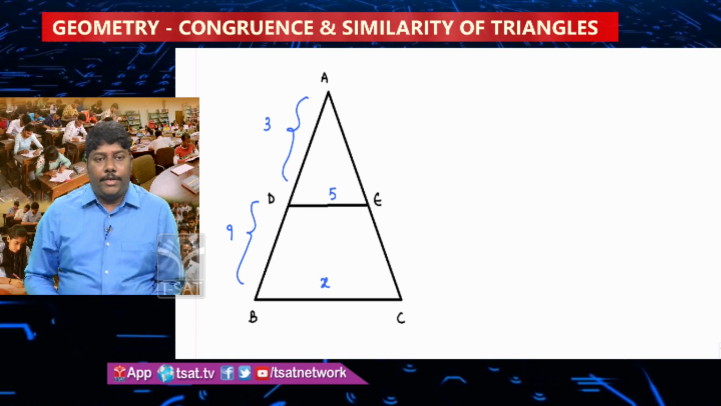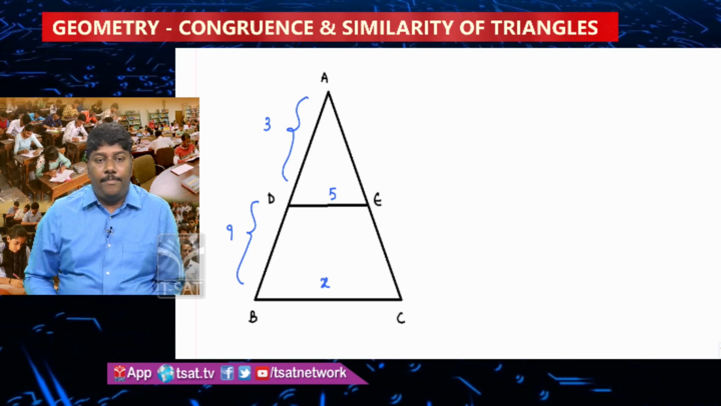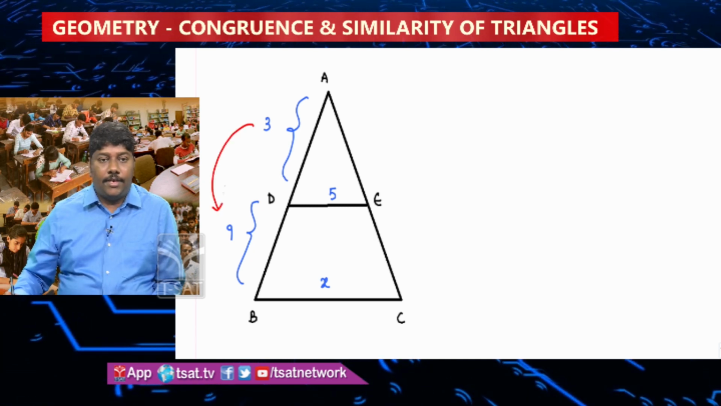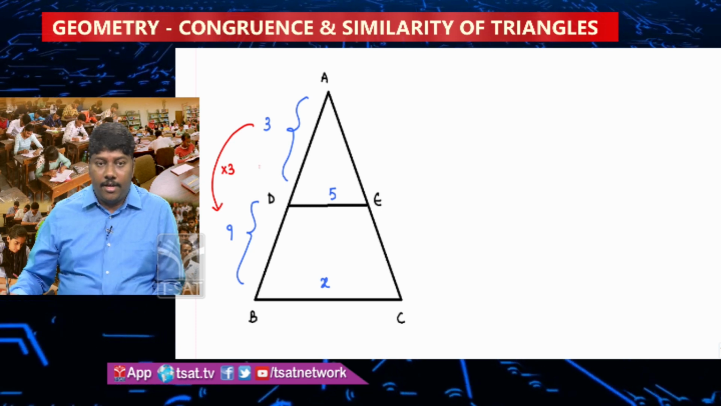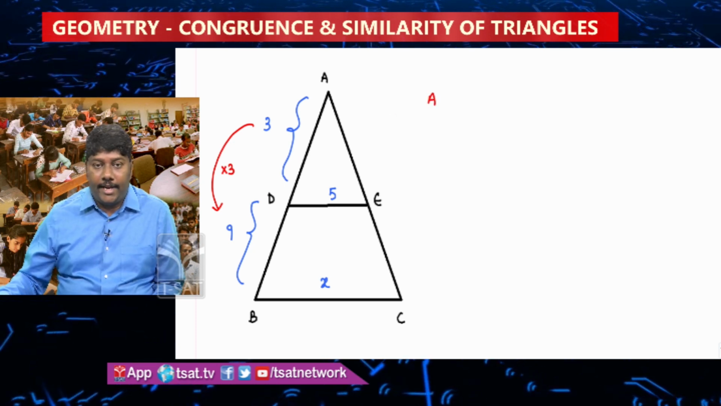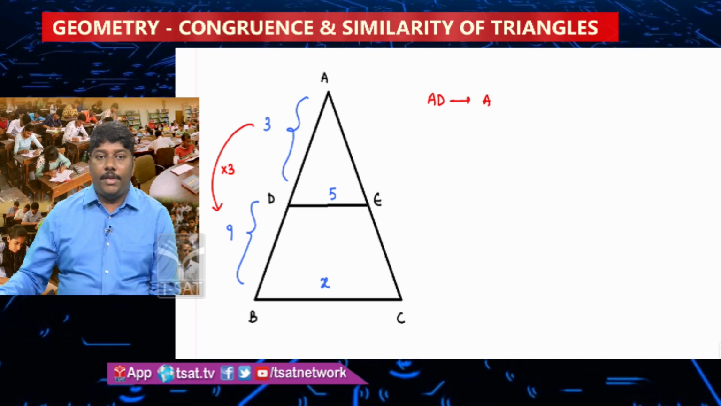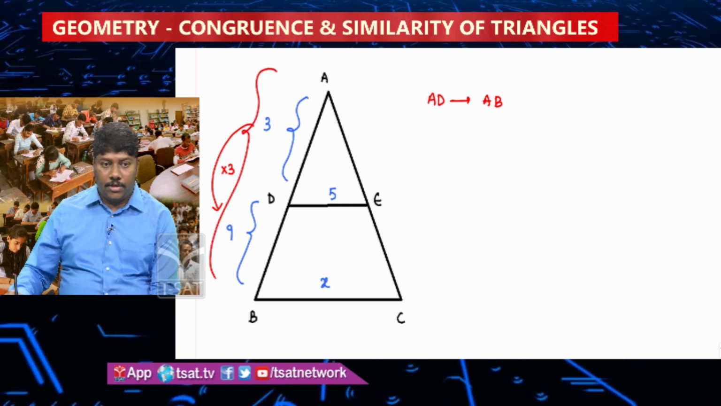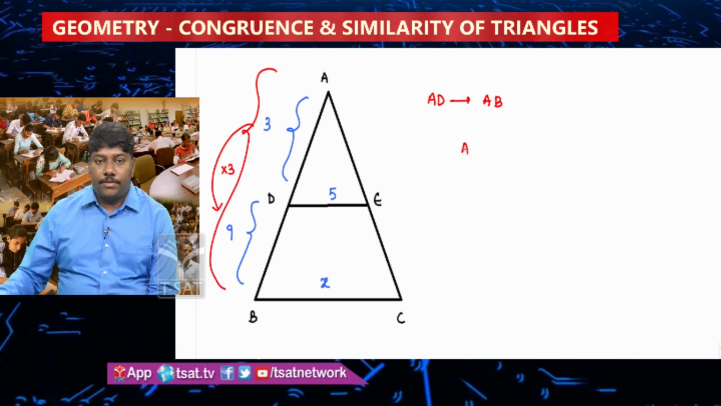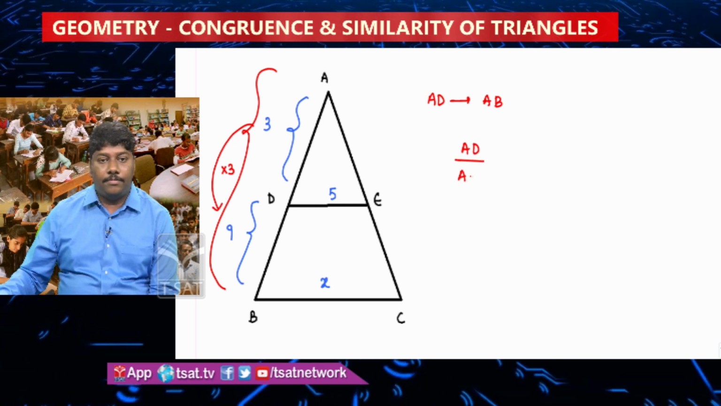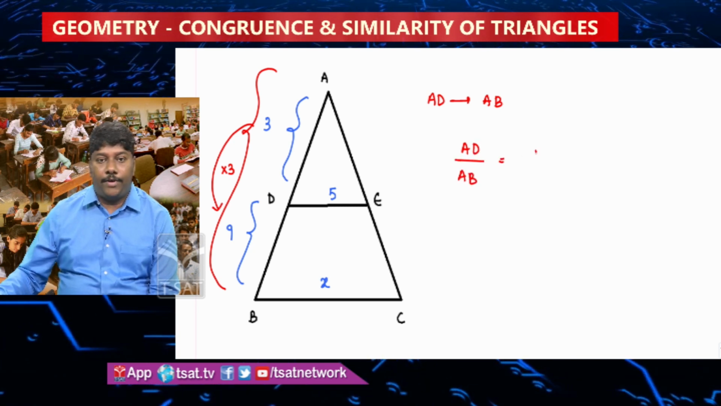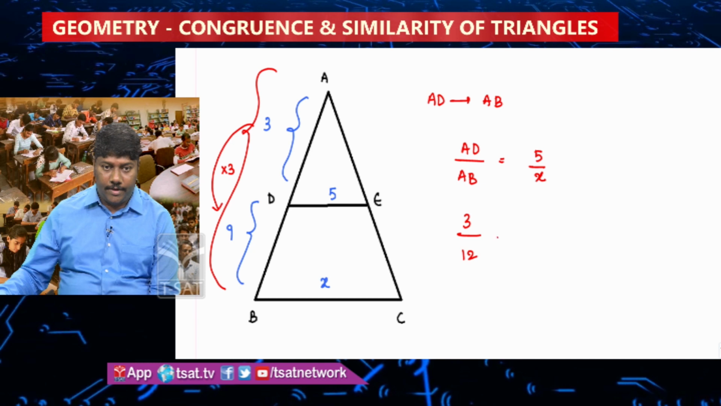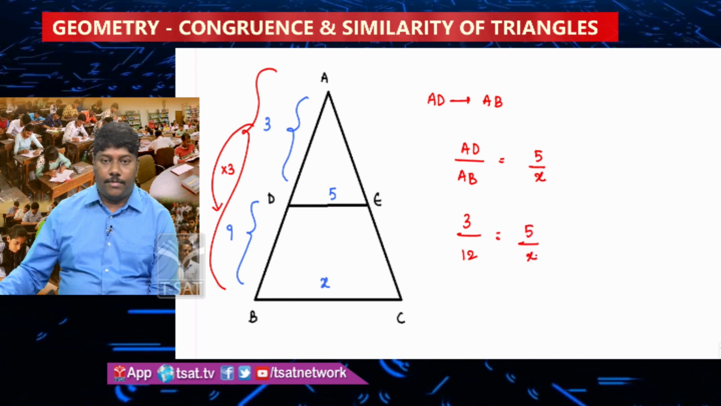In order to find the value of x, now look here, AD becoming DB, 3 becomes 9. If you normally take it, 3 becomes 9, it is incorrect. 3 into 3 is 9. But here you have to look at the side AD to the side AB, which means 3 becomes 12, not 9. So, the similarity says AD by AB is equal to 5 by x. So, 3 becomes 12, that is 4 times, therefore 5 becomes 20. x is equal to